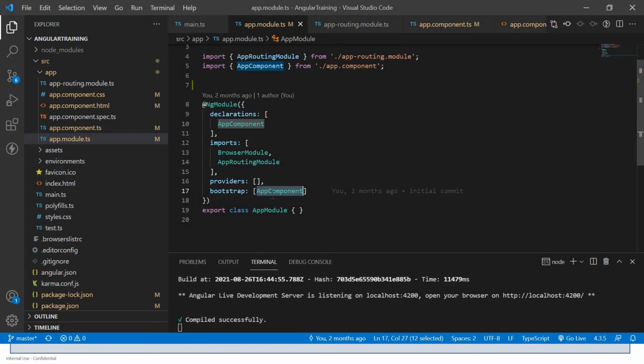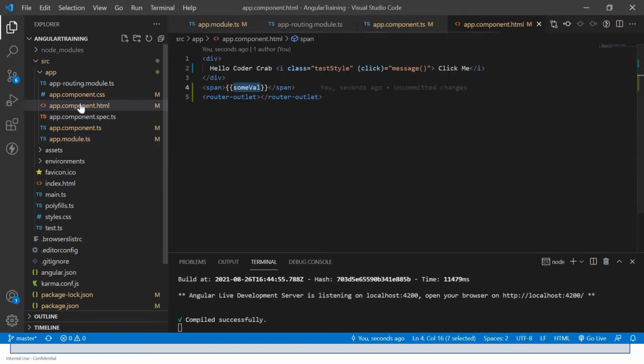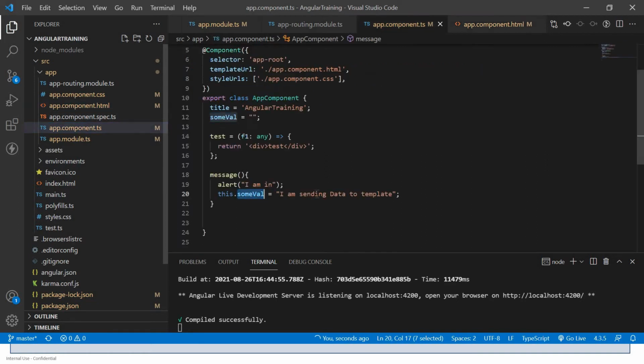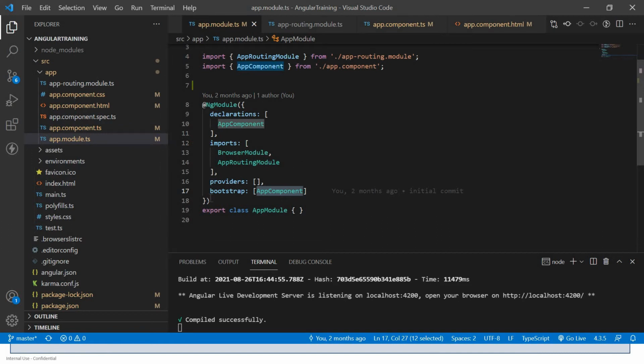This app component has some router outlet, some HTML code, and also the TS files and all those things, right? So this app component is bootstrapped by the app module, and the module by main.ts.